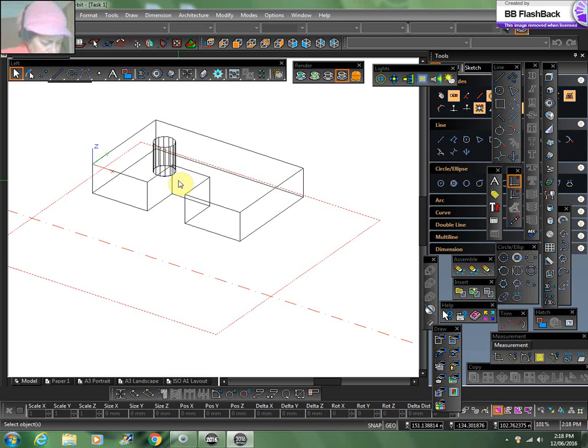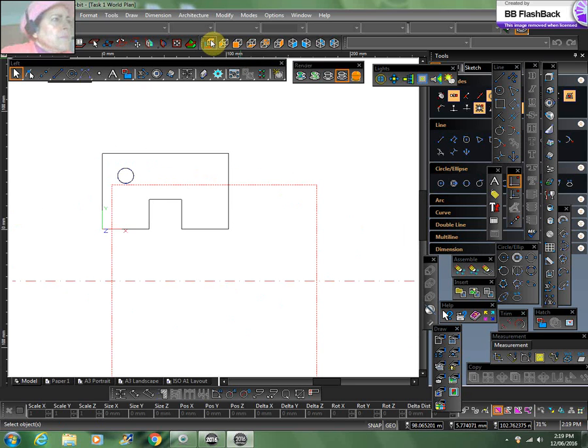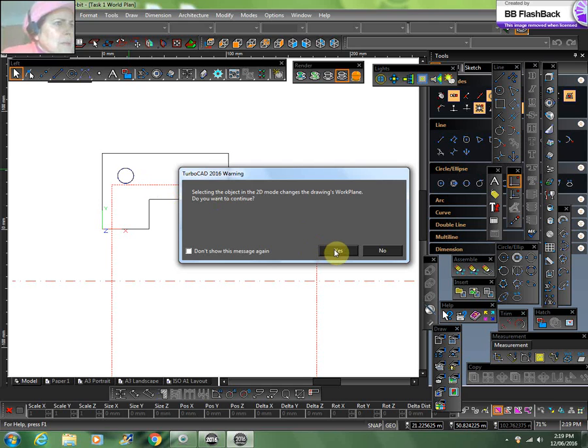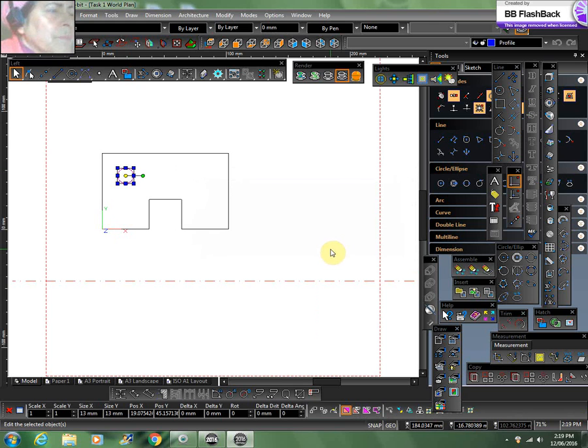So we say Modify, Place on Work Plane. This places the selected object onto the current work plane. So we have to select the object. To select it, we go to the 2D view, that was the top view, and this one is the object that we select. We click on it, the circle. Okay, we selected it, and then we say